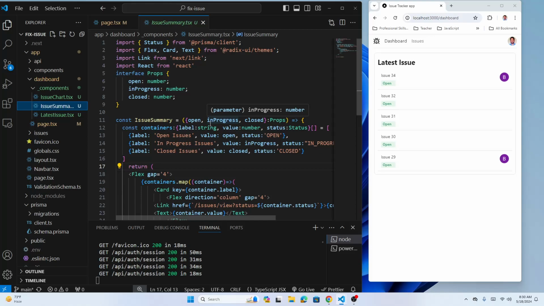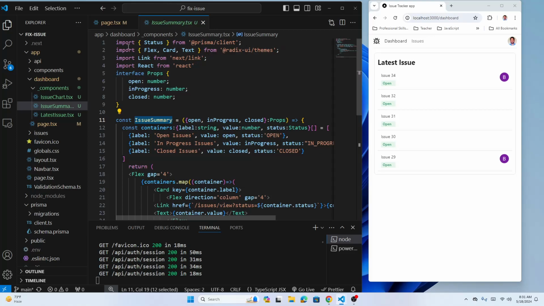we need to fetch data, right, from the database for open, in progress, and close. Data means we're just gonna count, we're not gonna fetch all the data, we just count how many is open status, how many in progress status, and how many close. It will give us a number, right? So wherever you call this in the summary component,